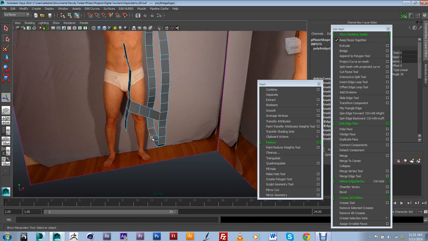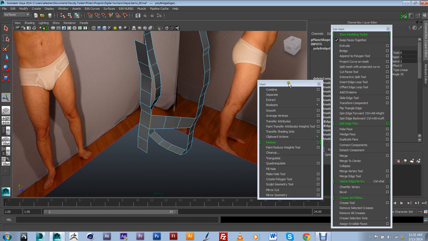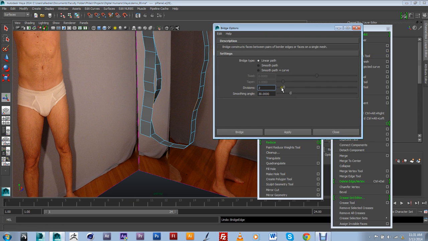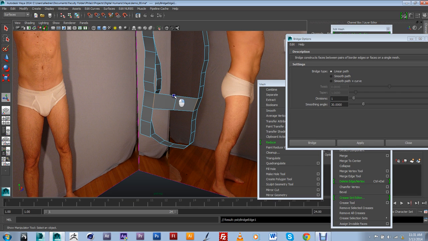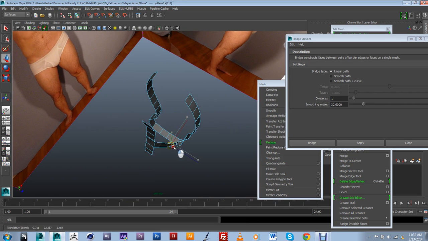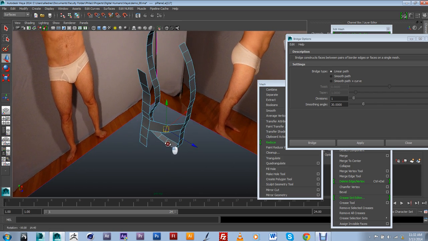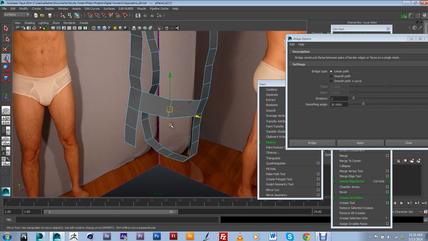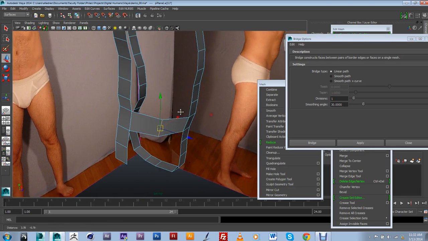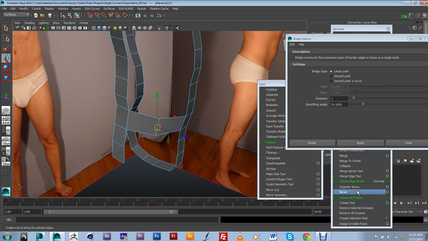Alright. And again, be mindful of your settings. Right now, my bridge settings has this creating subdivisions as I click on the bridge. I find it easier if I only have one division, so that I can just come here and mold and place it in the right area to give this some curvature. And if I need more resolution here, again, rather than starting with two divisions, I can just take this, bevel it,